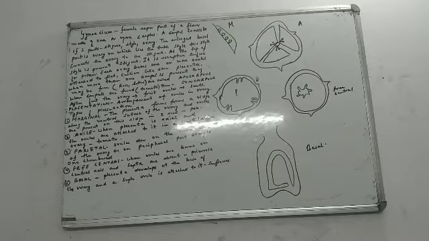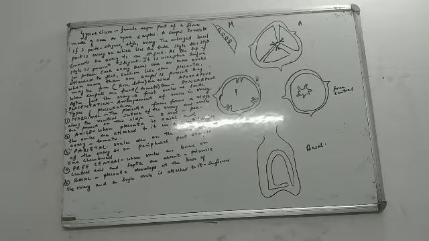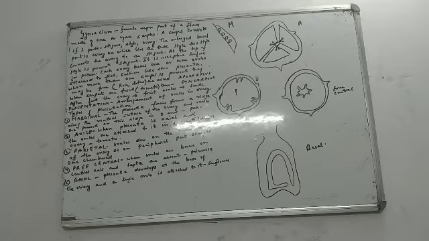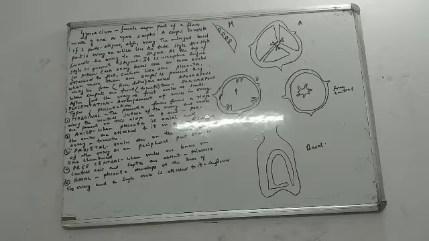When more than one carpel is present and the carpels are free, for example in rose and lotus, where the carpel number is more than 1 and the carpels are free, then such a condition is called apocarpous. Apo means free, and the carpels are free, so apocarpous. But if more than one carpel is present and they are fused, then we call them syncarpous.